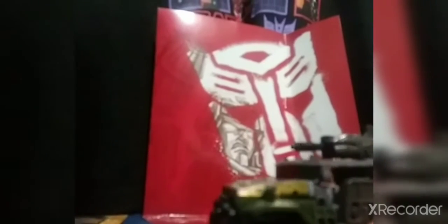Moving along to the actual figure himself, as you can see, Hound here is a re-release of his original Siege counterpart, but with a couple of minor details, such as a different color scheme, along with different painted weapons. Now, I do not have the original Siege version of Hound that came out last year to do a comparison. As you can see, he is supposed to be based off of his original G1 self, seeing as he, in the G1 cartoon and comic, was a Jeep. I forgot what kind of Jeep it was. If someone would let me know in the comments. I have not seen G1 in a while, so I forgot what kind of Jeep Hound transformed into. But this is a modified Cybertronian version of what Hound's Jeep mode on Earth would look like. So yeah, as you can see, there's a star right here and an Autobot symbol,